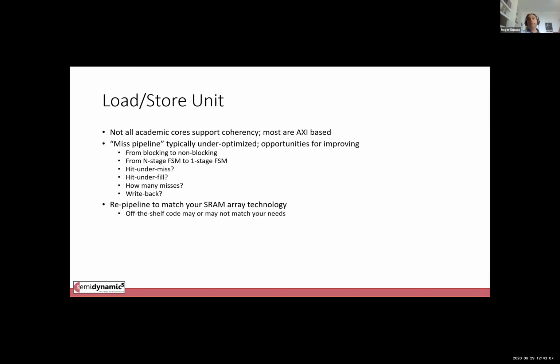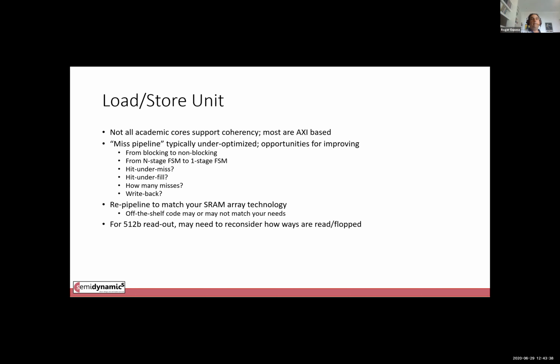Another obvious statement is that you will re-pipeline the load store unit to match your exact SRAM array technology. These cores work on many nodes and they have a given pipeline. And if you're optimizing for a given node, there are plenty of opportunities where you'll say, oh, wait, my SRAM is exactly 400 picoseconds. I could change my pipelining and match exactly, I don't know, give it 400 plus 100, 500 picoseconds and then re-pipeline the rest. So I think that's another area where if you're going industrial, you'll be spending time.